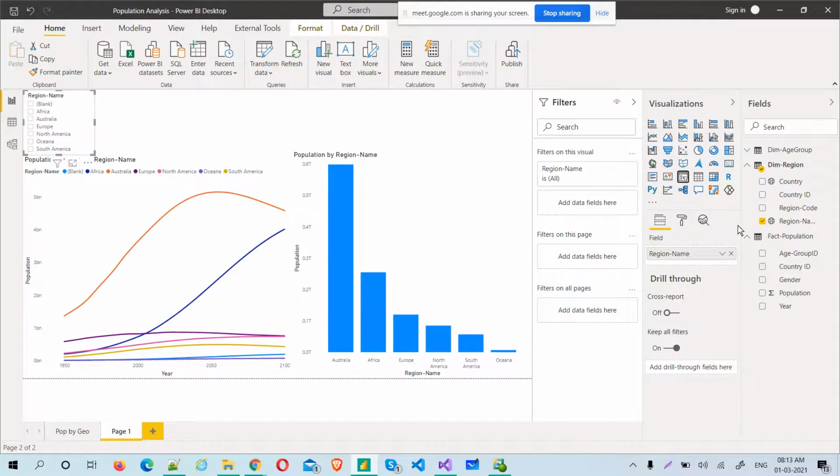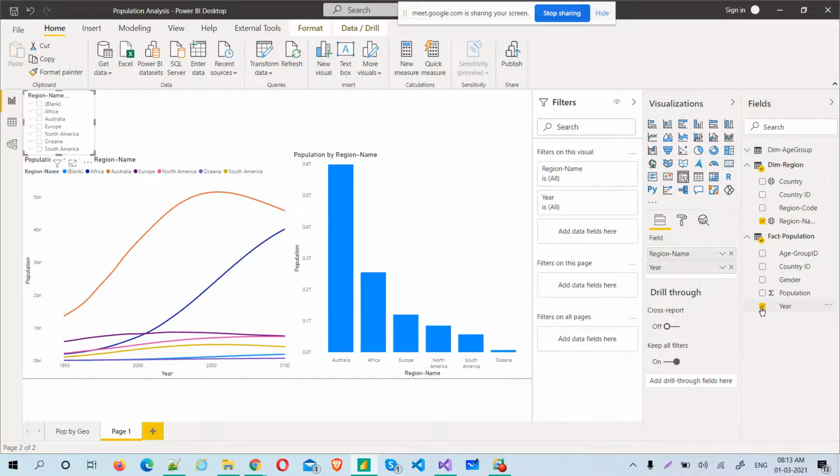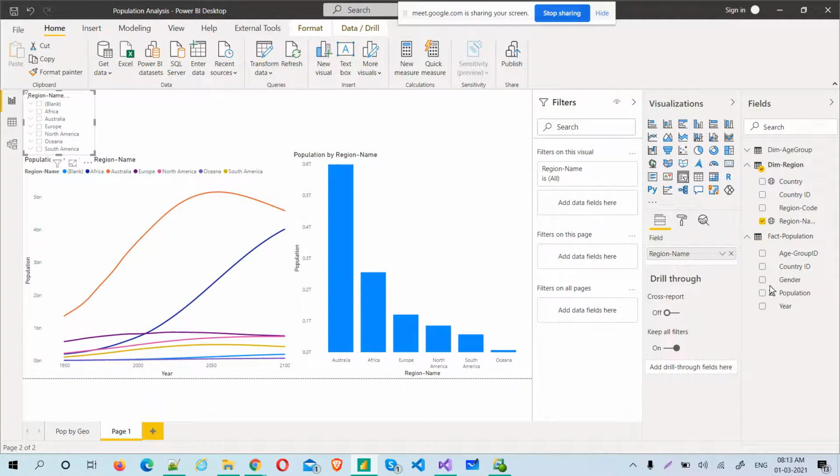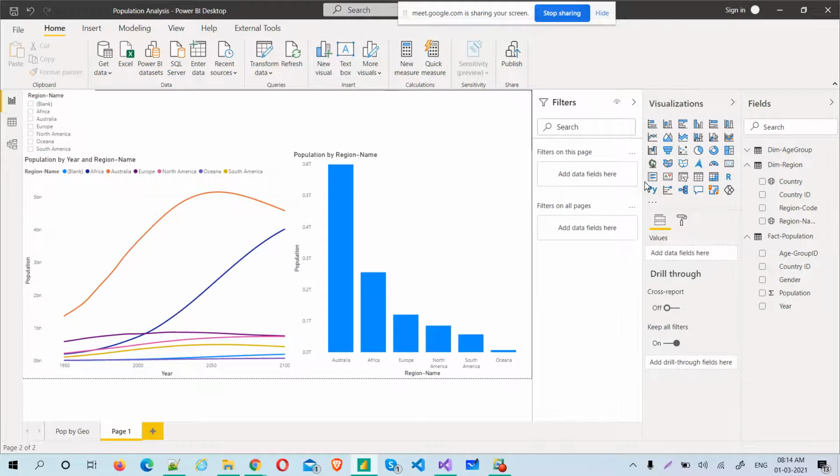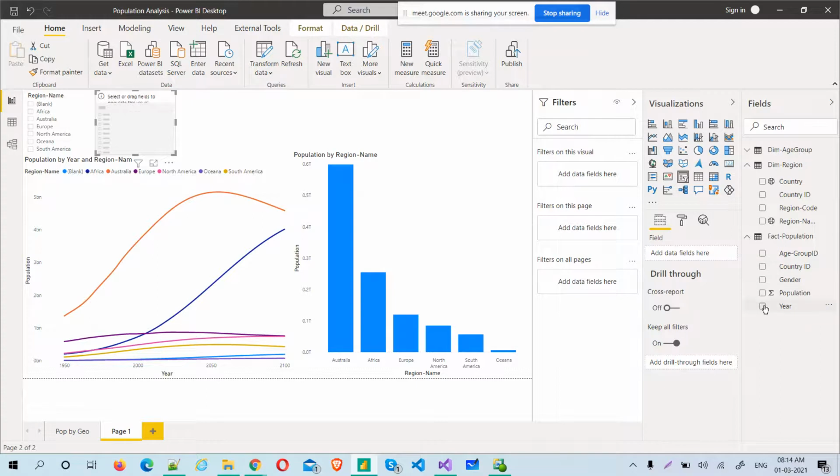And one more slicer I want. What slicer can I use here? Date slicer, year slicer basically. Oh my god, no, what happened? It gave the hierarchical slicer. Inside region, it will give you all the years. Now we'll see this later. But I want to do a different slicer altogether. Take a new slicer this time, and I can adjust the size of it. Anything is possible. So let me use that value in the slicer.